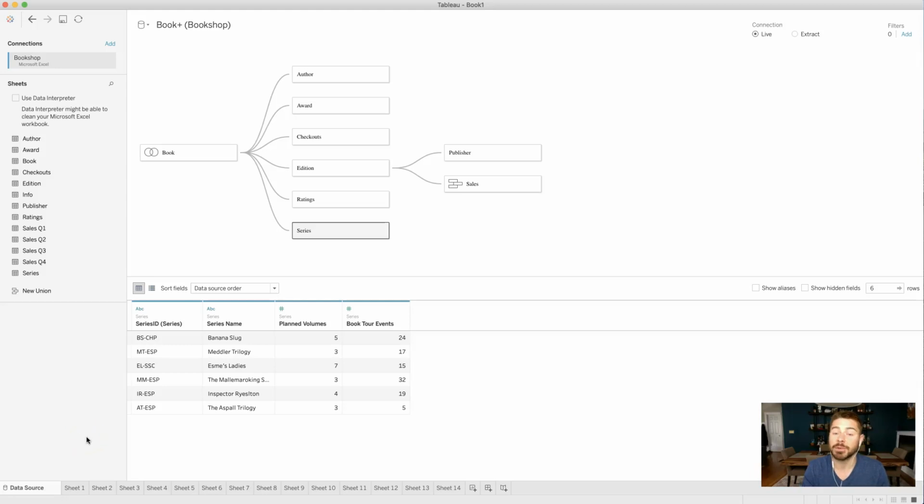So Tableau gives us a number of different ways to group like things, and those things can be different, right? We can group like columns into a hierarchy, for instance, one beneath the other. We can group like fields within a column into groups, non-overlapping collections of observations, and we can group things into